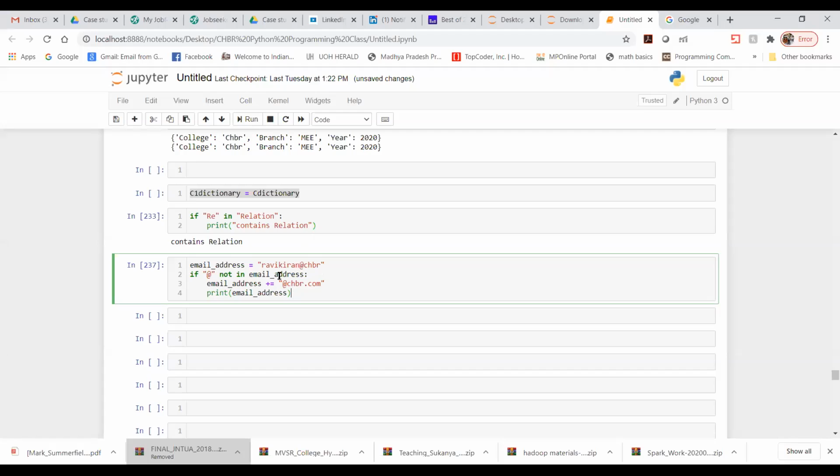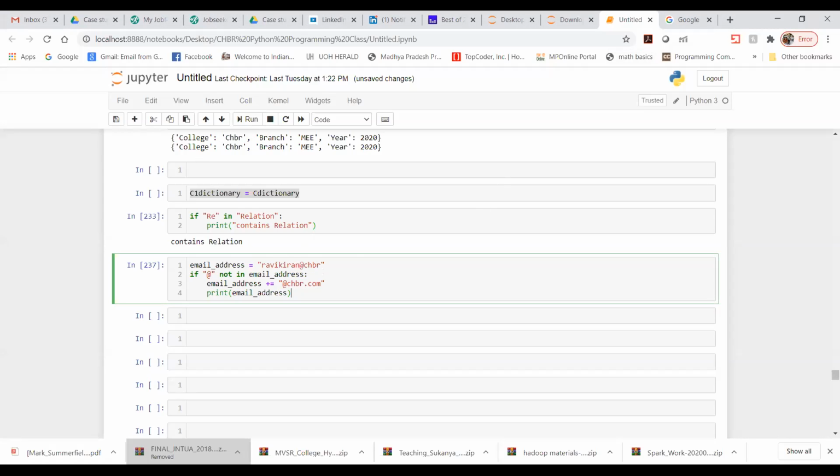Why? Because this particular person already has an email address which is present in the serial number 2. Did you get my point or not?